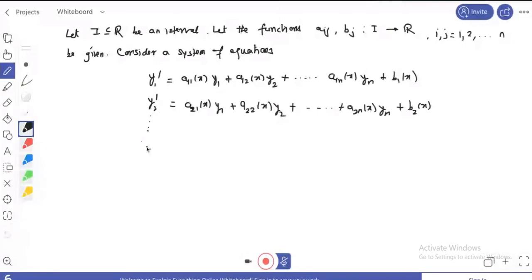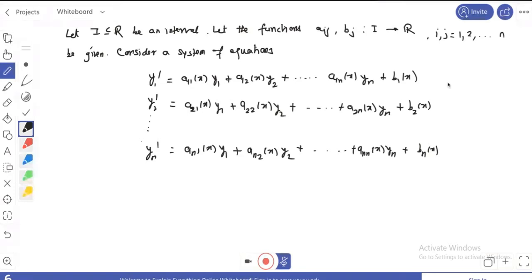Similarly, what is your yn prime? This equals a_n1(x) y1 plus a_n2(x) y2 and so on up to a_nn(x) yn plus bn(x). Okay, and this is your system of equations, that is equation number 4, and here of course x belongs